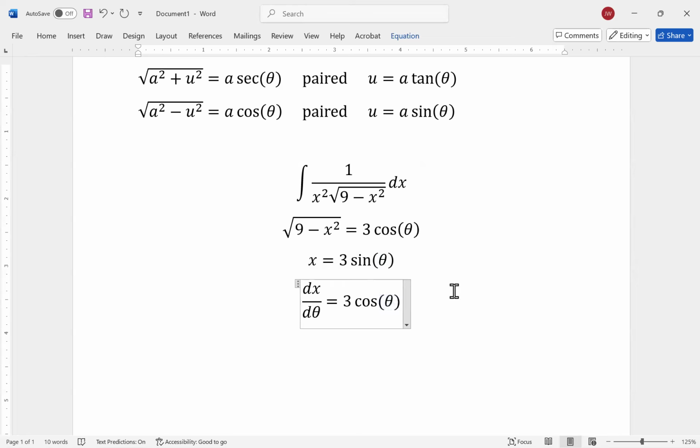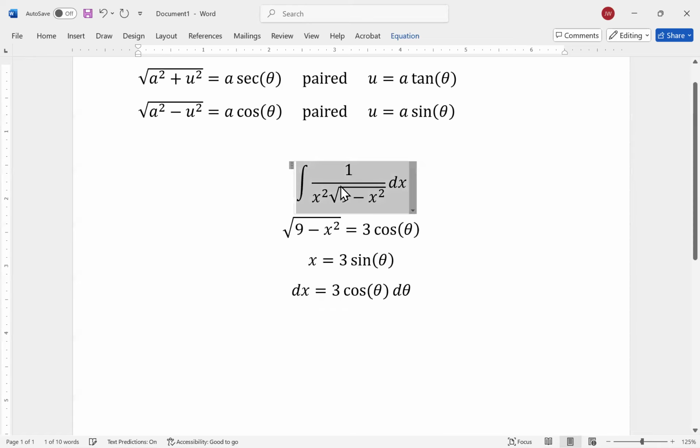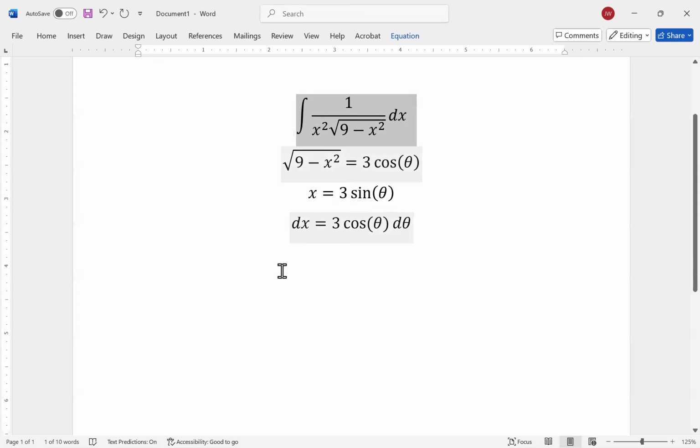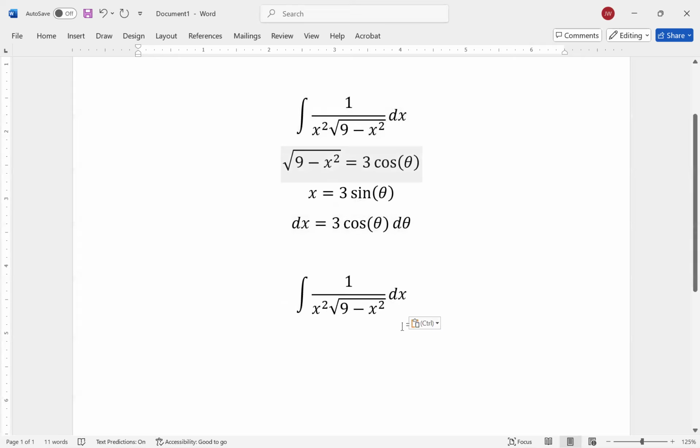And then again, that means the differential exchange will be dx is equal to 3 cosine theta d theta. So just make that a dx, and we get our differential exchange. So now I'm ready to substitute. And in this case, you'll notice that I have a lot of stuff going on. This square root,